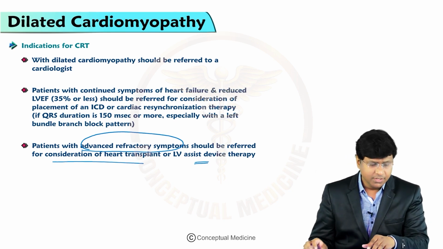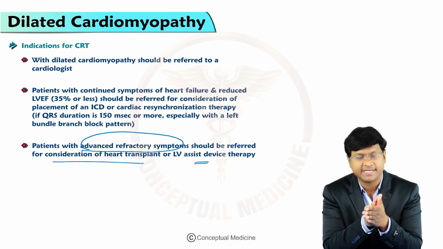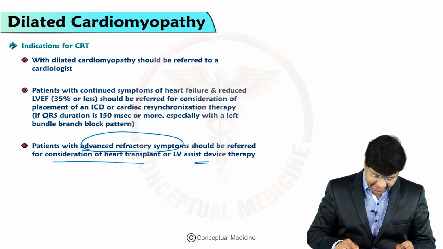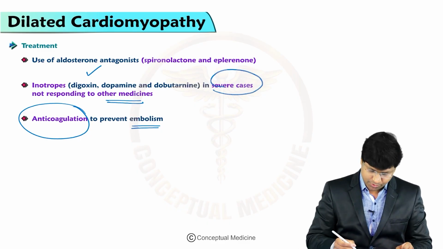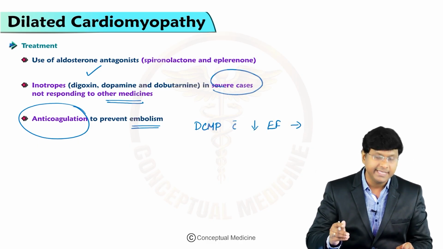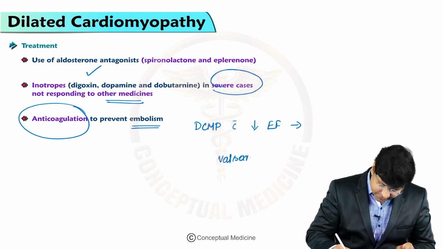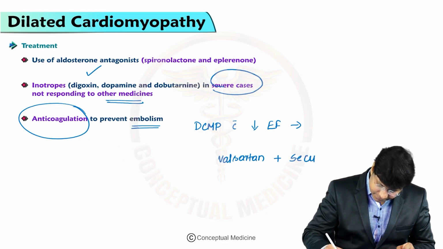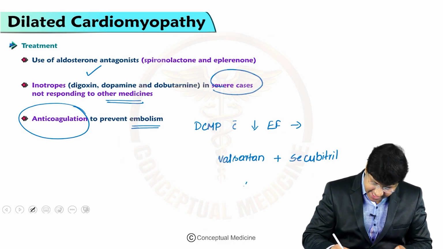So actually, what will be the first line treatment? The medical management that includes beta blockers, ACE inhibitors, as well as the aldosterone antagonists. But in recent times, in medical management, we also have some new molecules. So in patients with dilated cardiomyopathy with reduced ejection fraction, the new molecule that can be tried to improve the ejection fraction is valsartan plus sacubitril, right? Valsartan plus sacubitril. So this is a new molecule which we call ARNI,